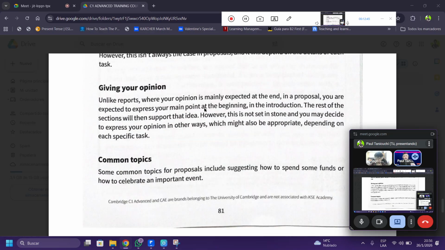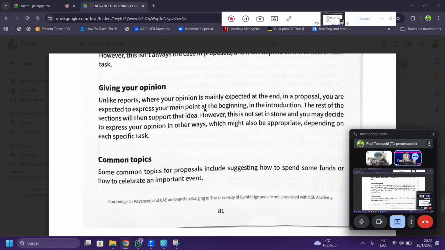What about giving your opinion in this case? Unlike the reports, where your opinion is mainly expected at the end, in a proposal you are expected to express your main point at the beginning, in the introduction. That is the difference. So your point of view, or maybe your opinion, your recommendations, are expected to be in the introduction.